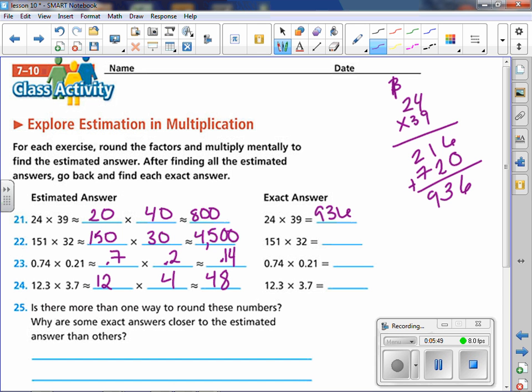So a little bit off there. Probably because we rounded this 24 down. Okay, let me just give you the rest of the answers. Go ahead and pause if you want to check them out. The actual answer here is 4,832. 74 hundredths times 21 hundredths is, oops, sorry, 1 in front,